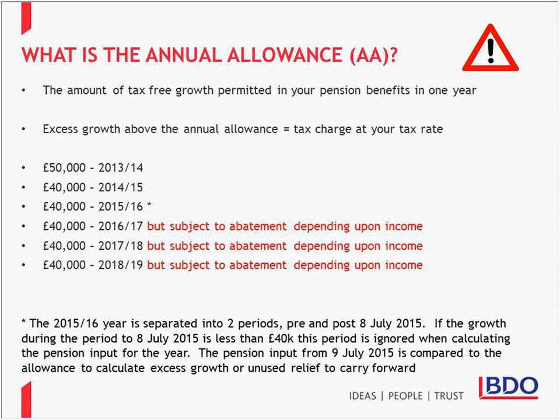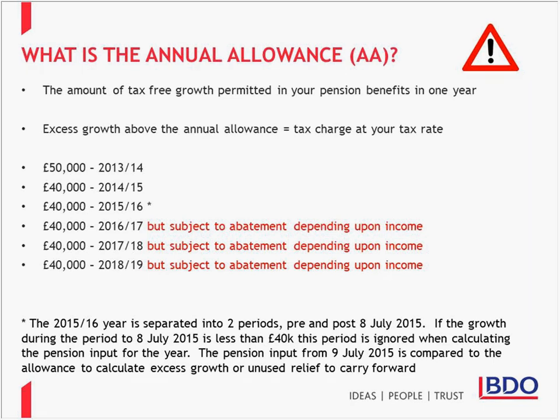In 2016, the tax rules changed, and rather than everybody being automatically entitled to a 40,000 annual allowance, your allowance may be abated depending upon the level of your income. There's also